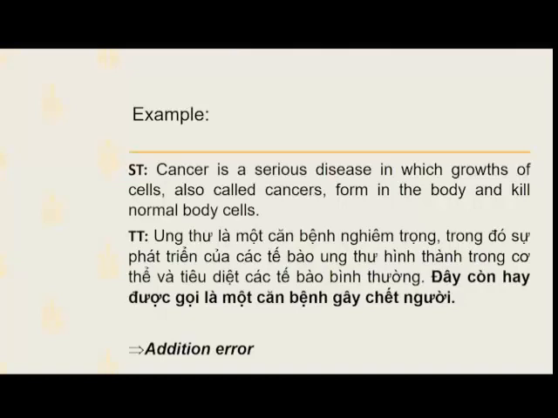Source text: Cancer is a serious disease in which growth of cells, also called cancers, form in the body and kill normal body cells. Target text: Ung thư là một căn bệnh nghiêm trọng, trong đó sự phát triển của các tế bào ung thư hình thành trong cơ thể và tiêu diệt các tế bào bình thường. Đây còn hay được gọi là một căn bệnh gây chết người. So the phrase "đây còn hay được gọi là một căn bệnh gây chết người" is an addition error because